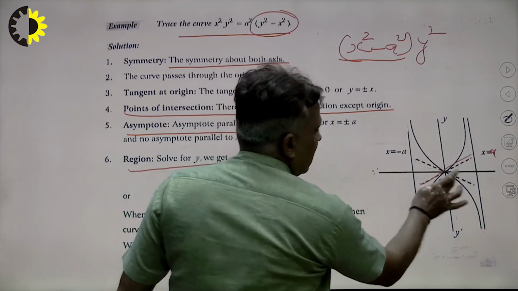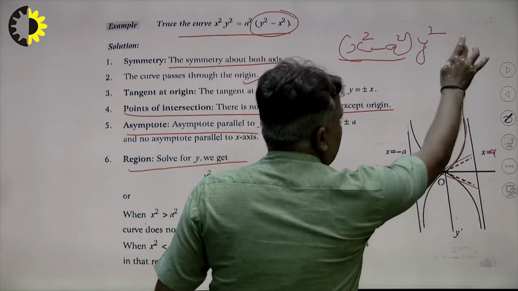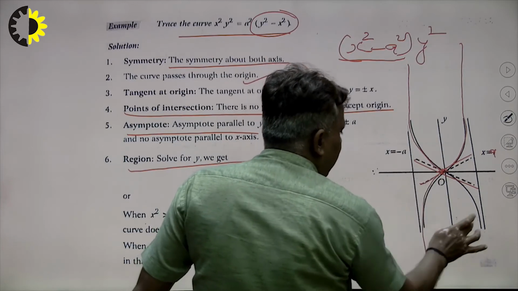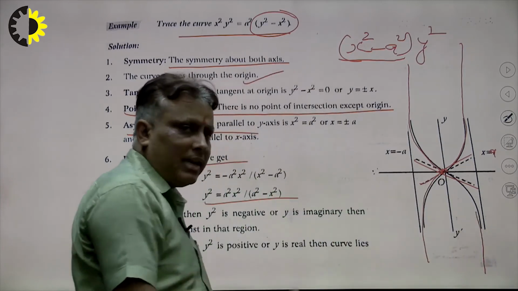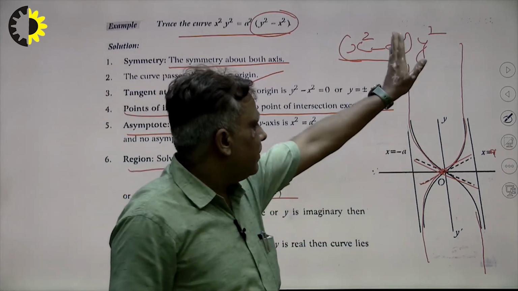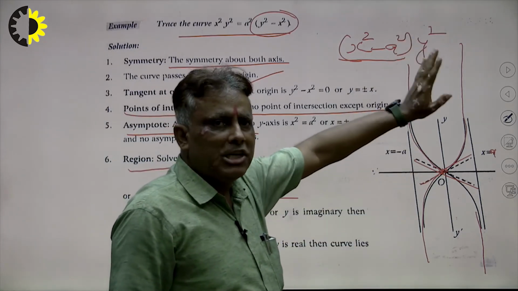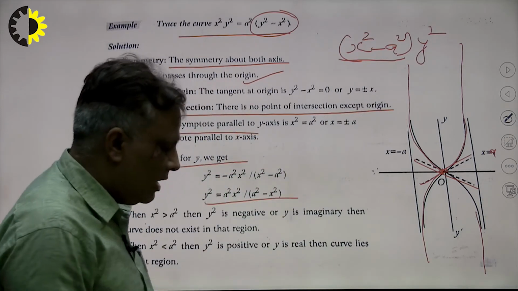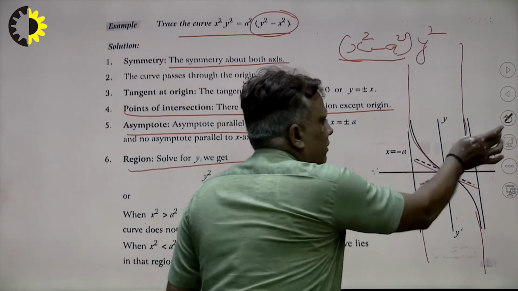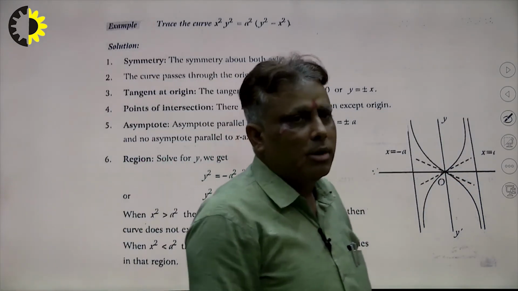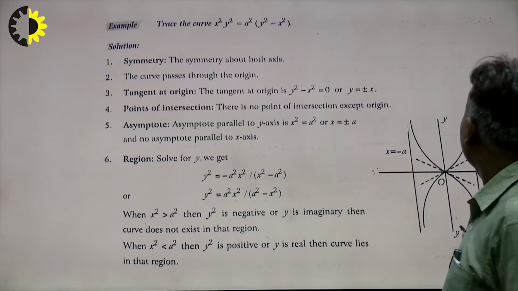This is the tangent and the curve exists in this direction and goes up to infinity, because the nature of the asymptote is that it approaches the curve towards itself. The curve goes parallel to x is equal to minus a up to infinity. So the final diagram will be this. In this way we find out the characteristics of our problem, with the help of the given problem.